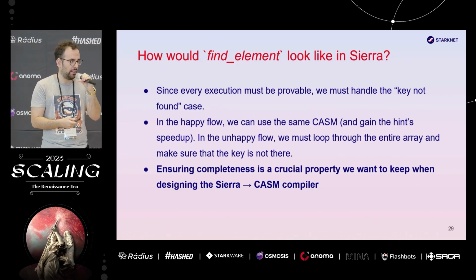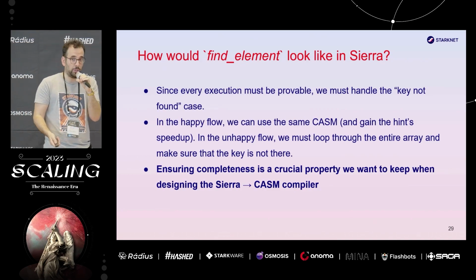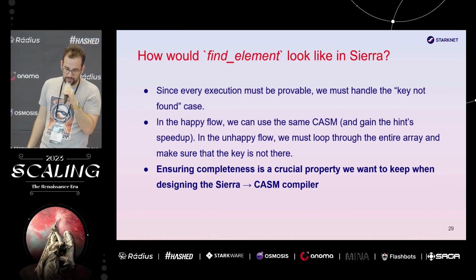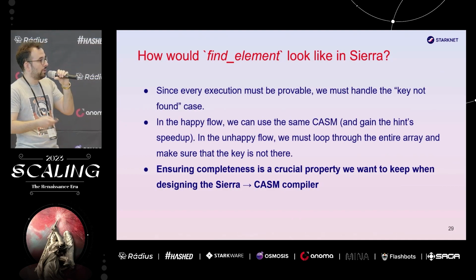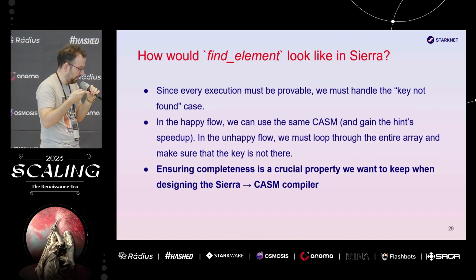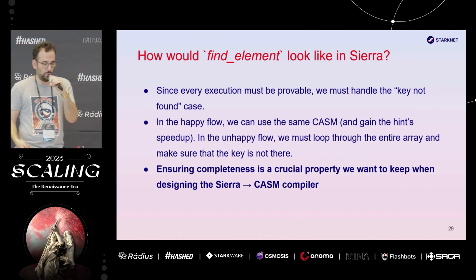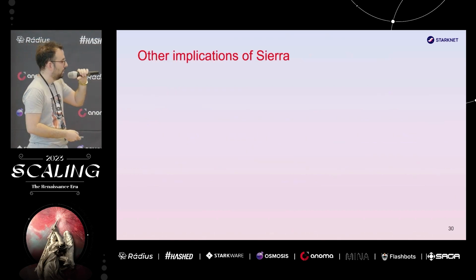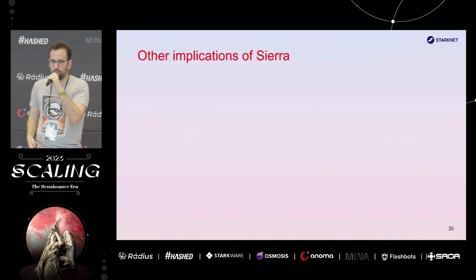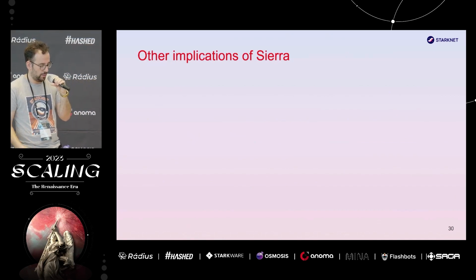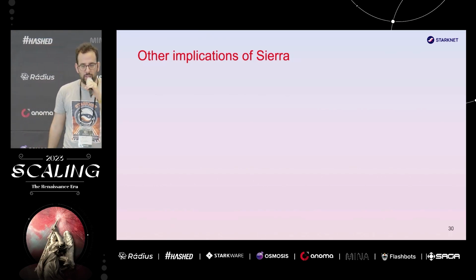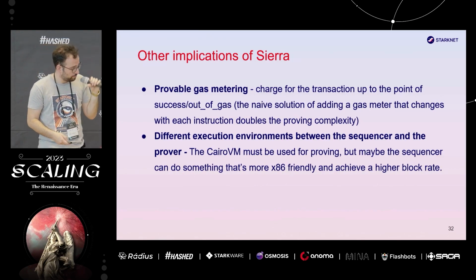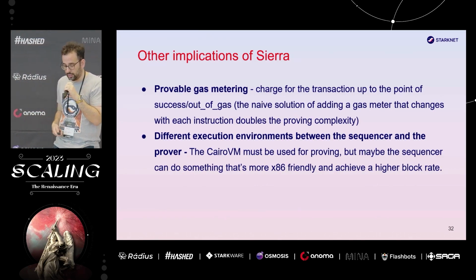And this is a property that is very critical in the blockchain space because, like we've seen, we need to be able to charge money for reverted transactions. Okay, so that's the critical thing to think about when designing new libfuncs in Sierra, and this is the important safety guarantee we get from it. So I don't think I have a lot of time, so I will very briefly mention one other benefit we get from Sierra. So I'll ignore gas metering for now, but I will mention separating the execution and prover